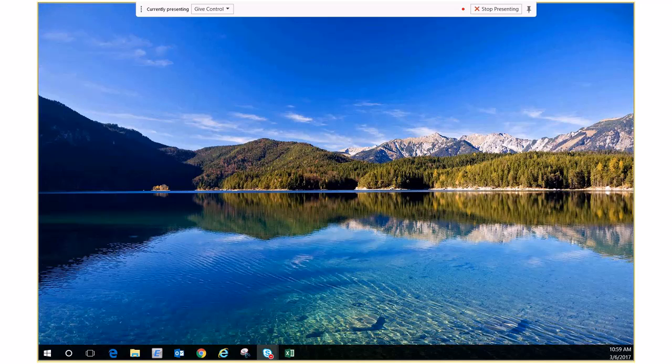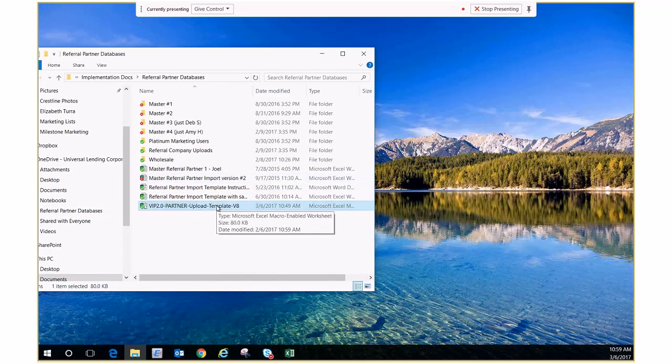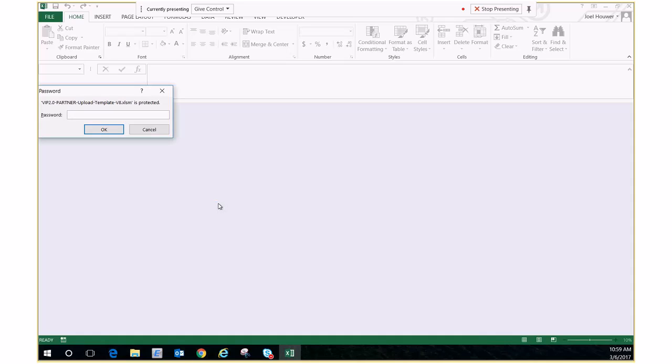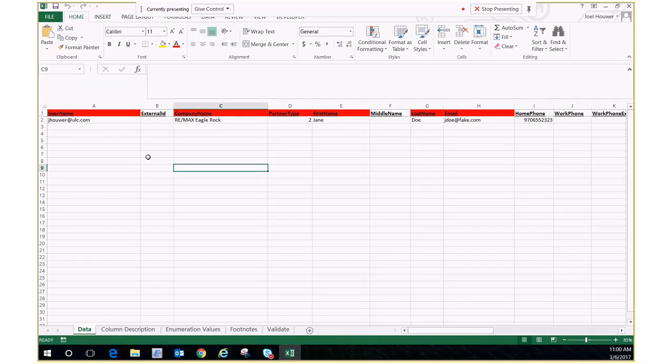So the first thing that you'll want to do is open up the template. In your case, it probably will have been emailed to you, and you'll get a little pop-up here to put in the password. The password is operations, so just type that in and then click OK, and then the template will open here,